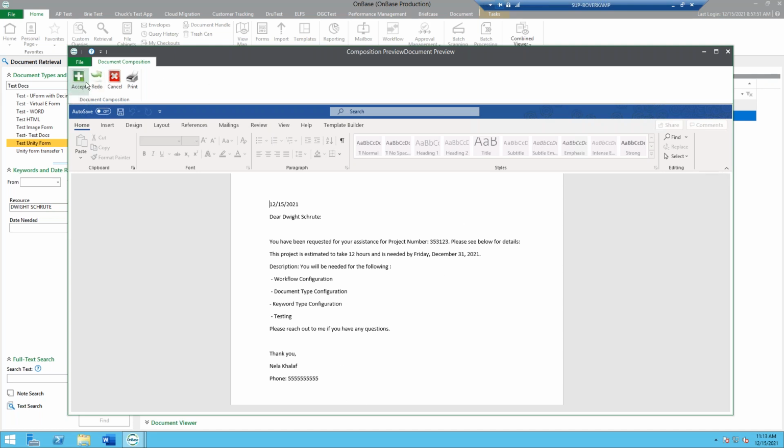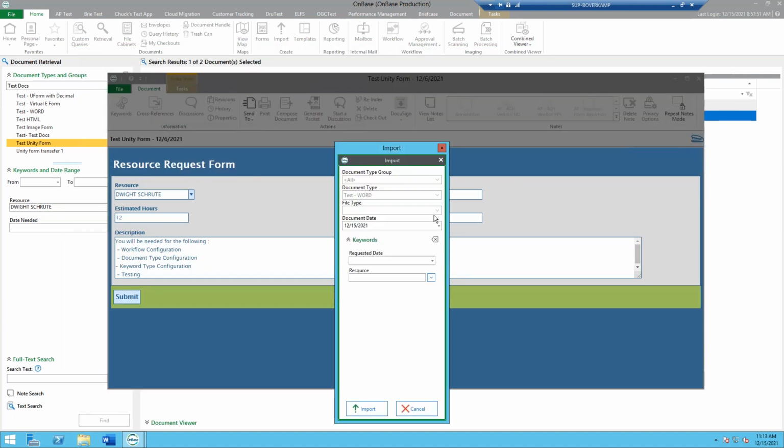So then up at the top ribbon, we can accept this. This looks great. We love it. We can redo it. Maybe I messed up my phone number or my name, or I can cancel it. I hate it. I don't want to do it. We need to fix this up. Right now, I'm going to accept it because I think it looks awesome.